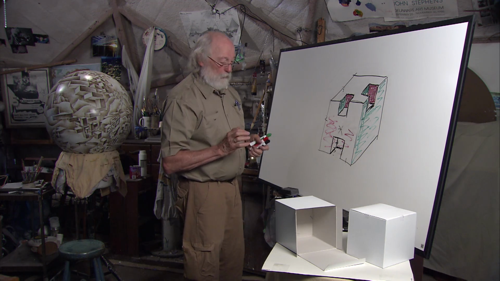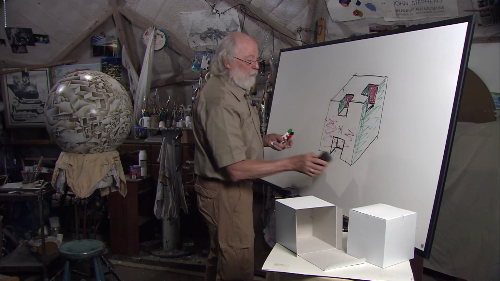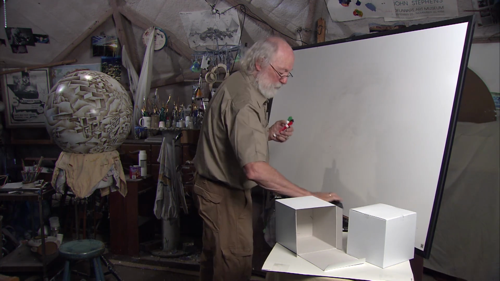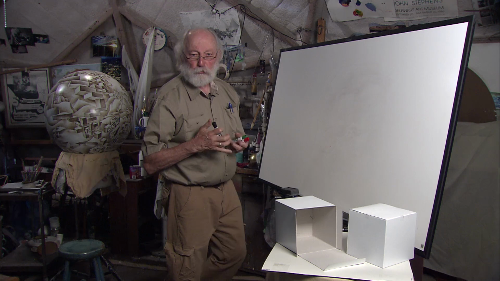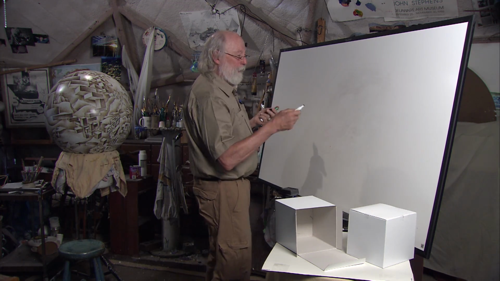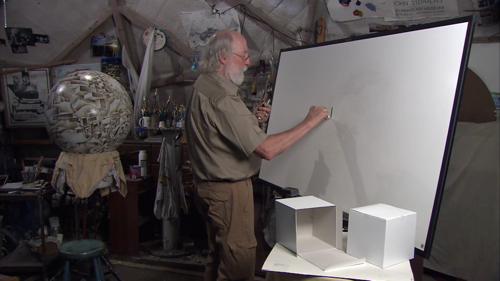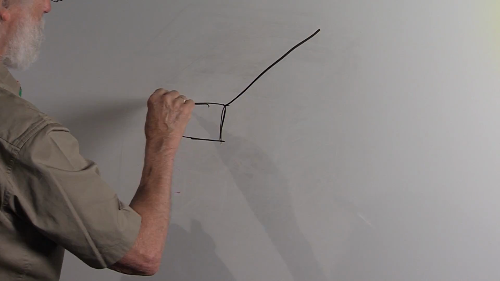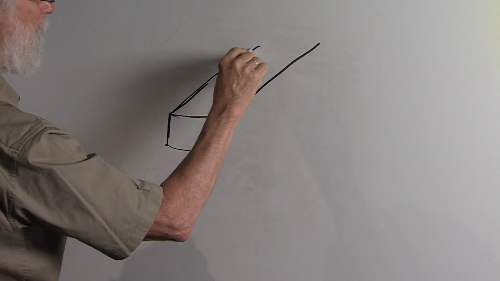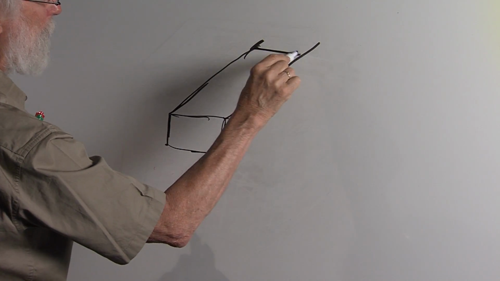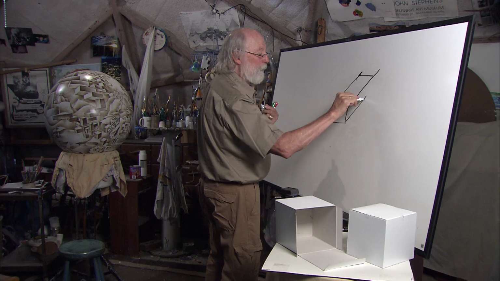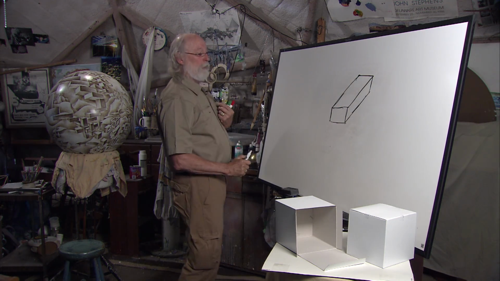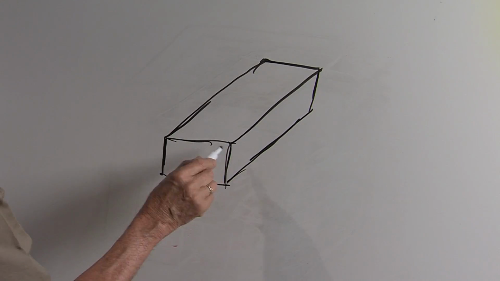I'm going to try a couple of realistic guys and see if you can identify what they are. The first one that I'm going to do is, well, I won't tell you. I'll just see if you can spot it. All right, I'm going to start like this. Okay, and go back in space quite a ways. About to there, I'd say. This going back in space, straight up and down. Move that line and this line. Okay, so there's our beginning.